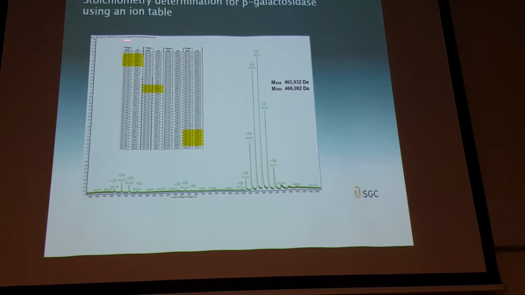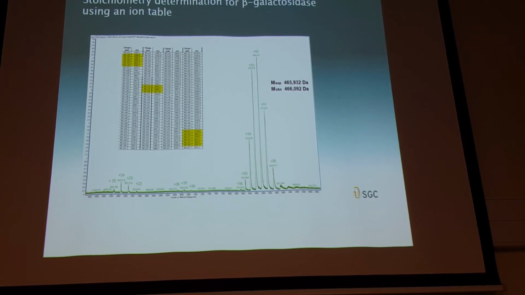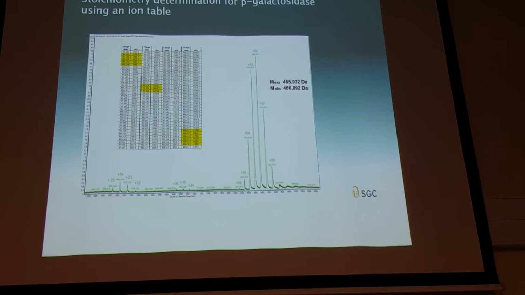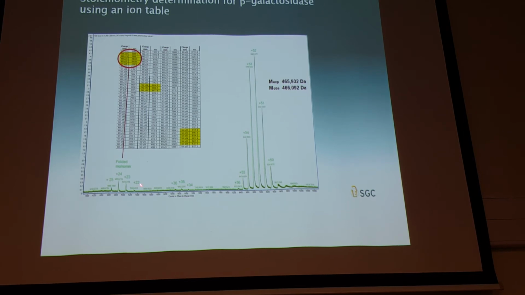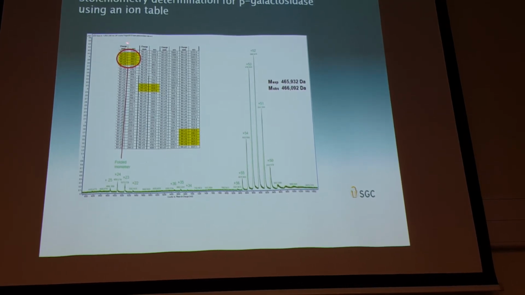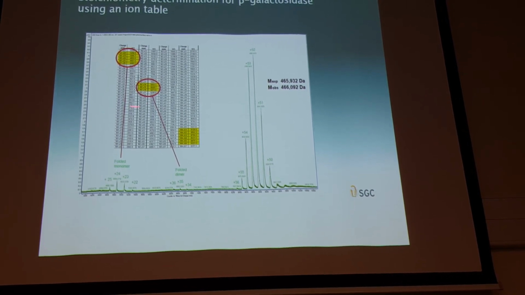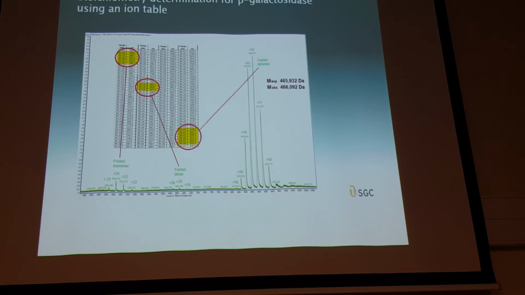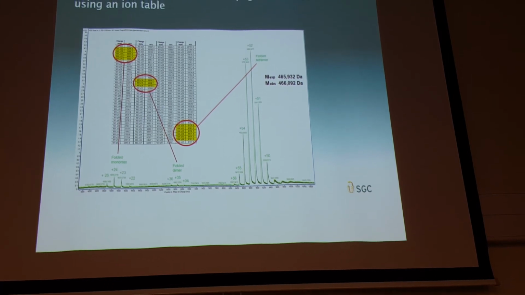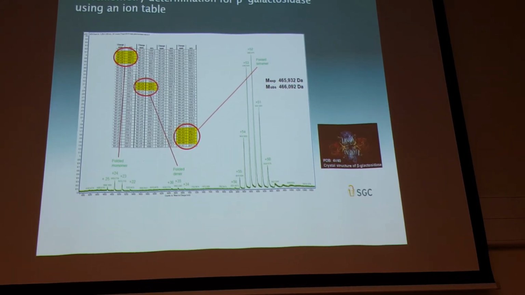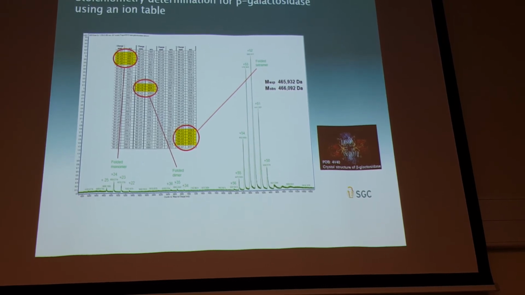This is the charge table. And what you have on the charge table is for every multimeric state and every charge state, you calculate the mass of the charge. And when you do this, you discover that this distribution will only match here in the monomer part of the charge table. This distribution will only match here as a dimer, and this distribution will only match for the tetramer. There is no trimer. And that's exactly what we would expect, because this is the crystal structure for beta-galactosidase, and it is predominantly a